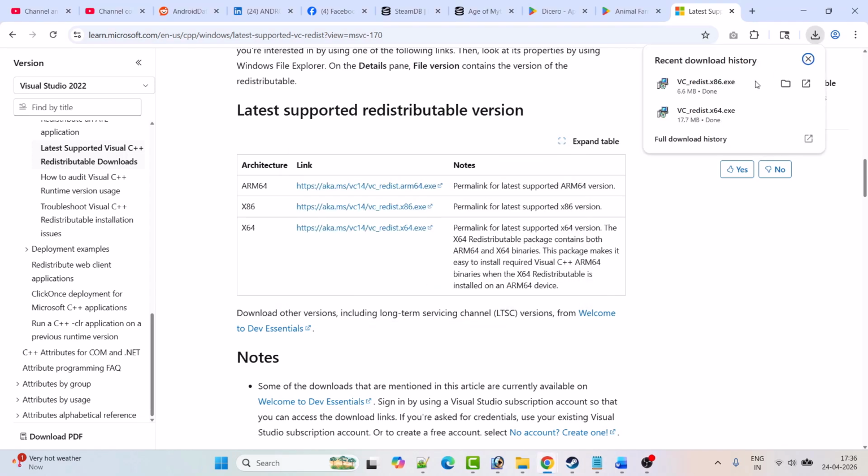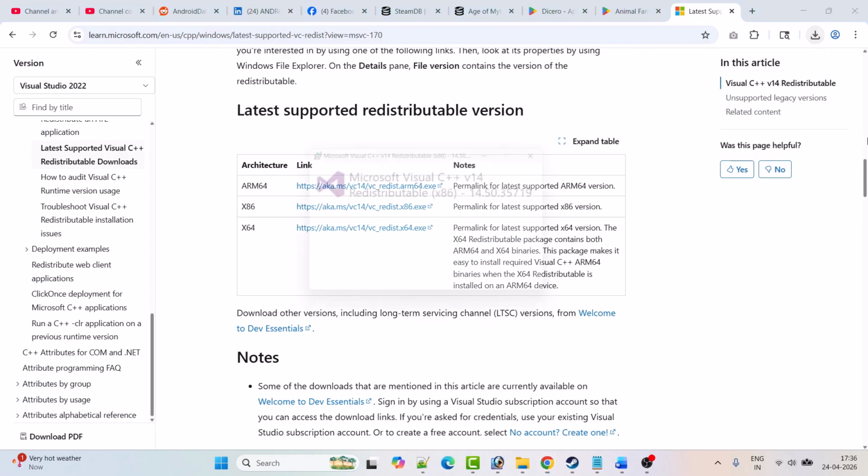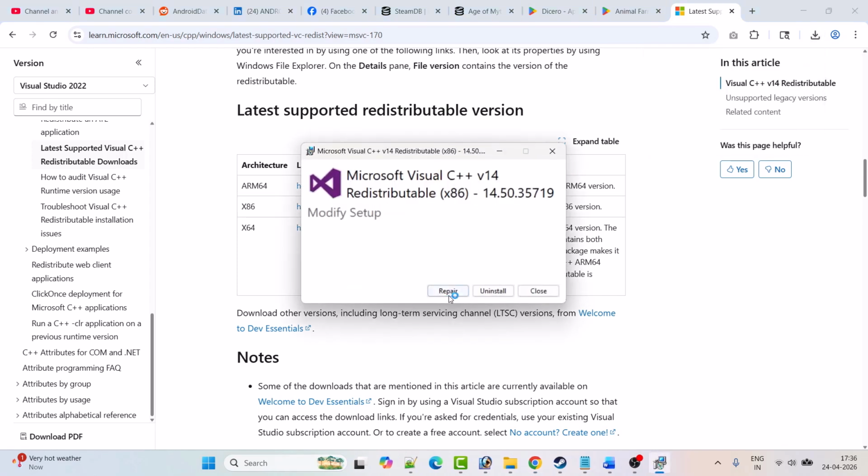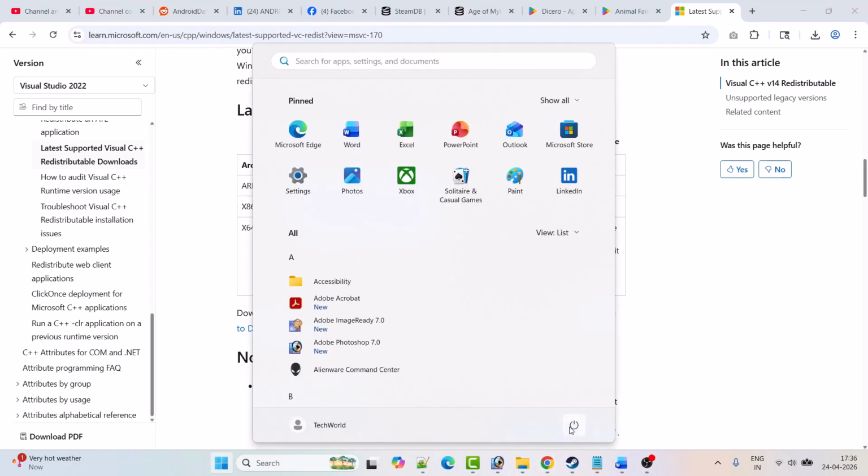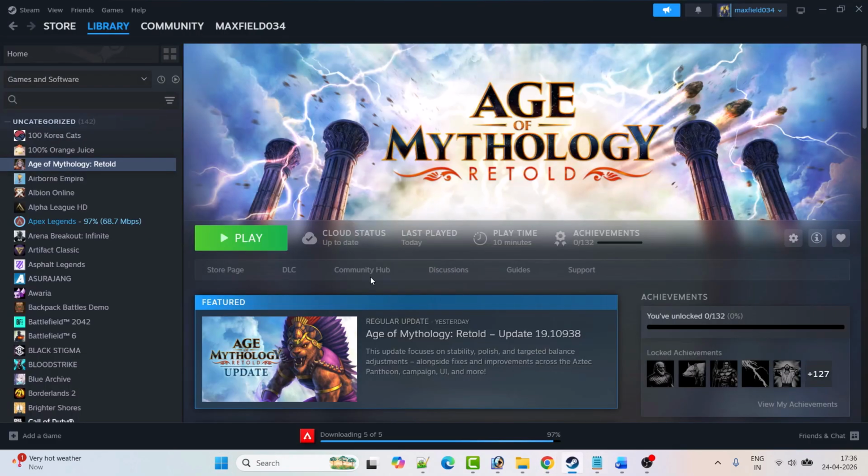and install it. Next click on x86 version. Now again if you see repair option, then click on repair, and if you see install option, then click on install and install it or repair it, and then just restart your PC. Don't forget to restart your PC, and after your PC restarts, then you can go ahead, launch the game and